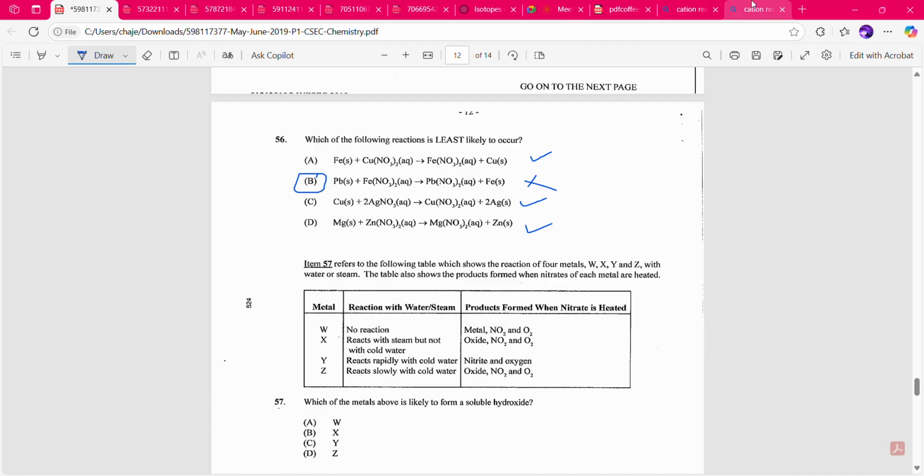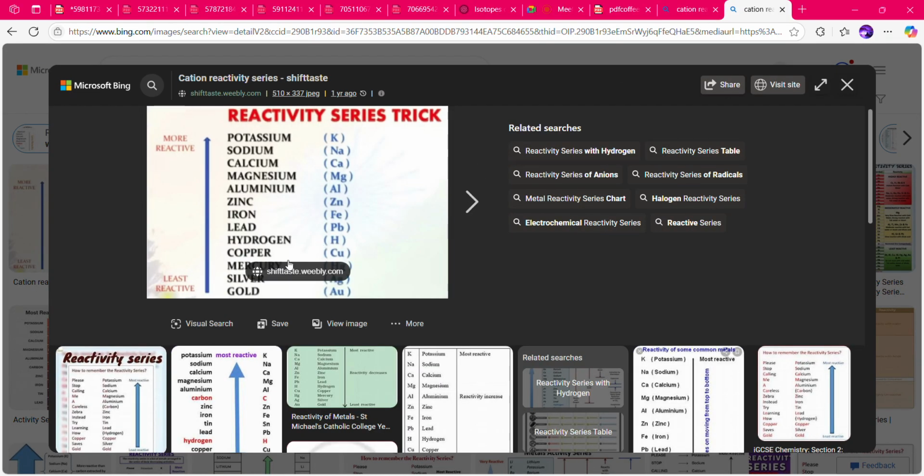As I say, for the electrochemical series, you just need to remember these ones here. Remember where hydrogen, copper and silver are. Remember, silver is the last one. And then at the top, you have potassium, sodium, calcium, and magnesium. All of those ions are at the top. They're the most reactive. That's just how I remember it, and it's really helpful.